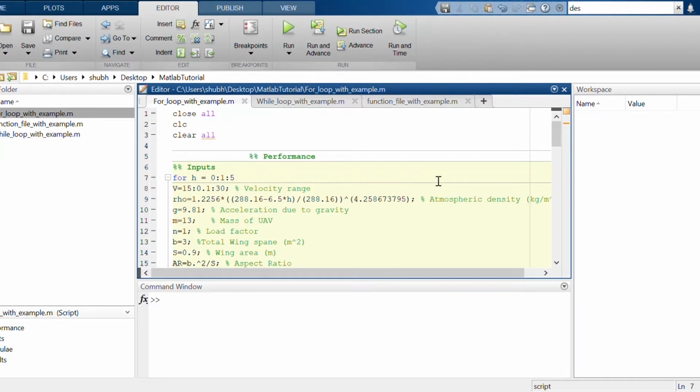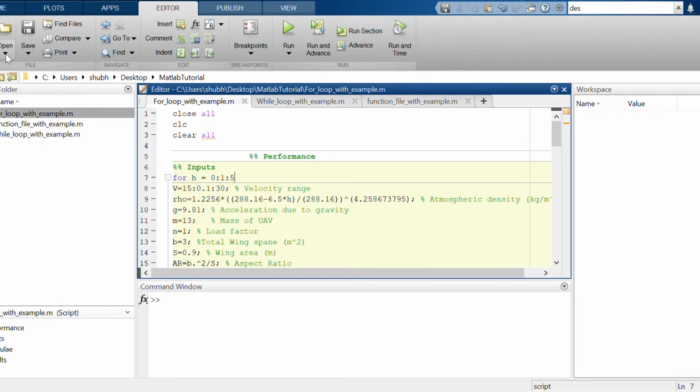So when you open MATLAB, it will look like this, as you are seeing on the screen. Basically this is called the workspace. If you run the program, all your variables as well as answers will appear here. And this is the folder file area. If you open a particular folder, whatever MATLAB files you have, you will see here.